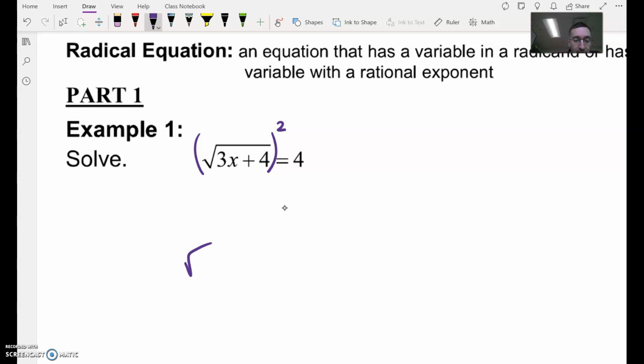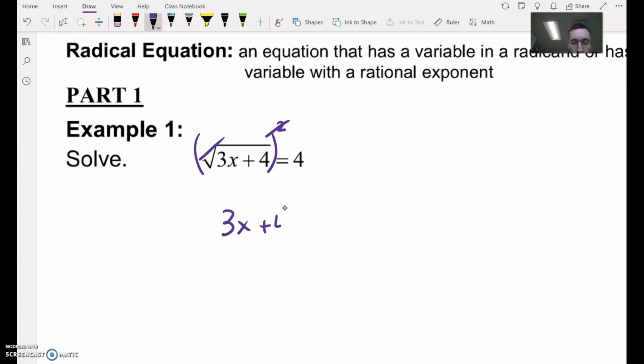Because remember, we talked about this the other day, that the square root of x is the same thing as x to the 1/2. So it makes sense that if we have a radical, we raise it to the second power, and that 2 and that 1/2, they cancel each other out. So just by simply raising this to the second power, this squared and that radical cancel, and we are left